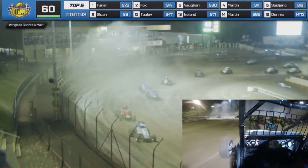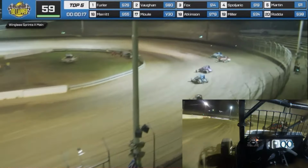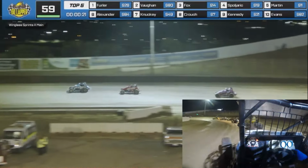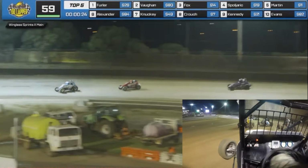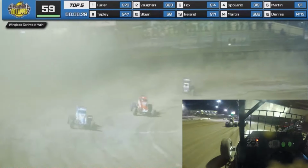Rylan Furler in the 26. He leads lap number 1. Brad Vaughan in the S80 sits in second. Brent Fox back to third. Spoljaric has lost a spot. Tyson Martin in the 9 has slipped on him and up into